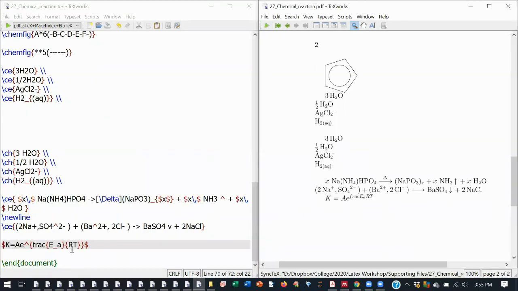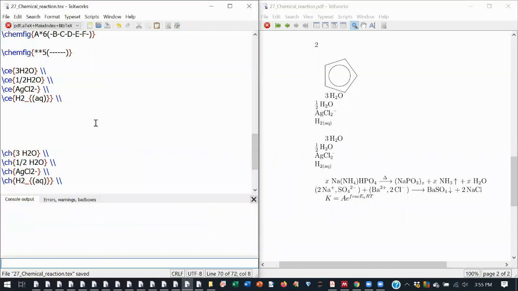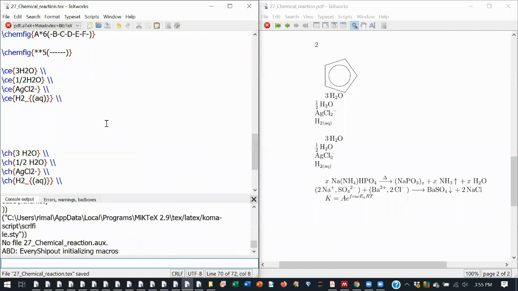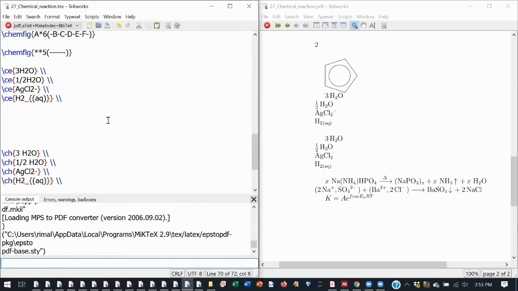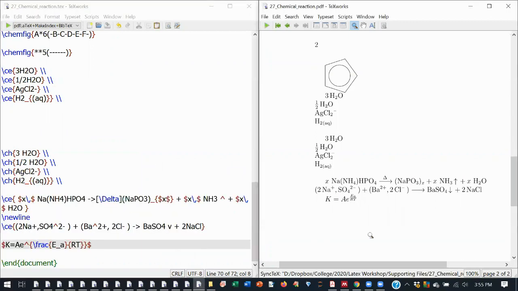See, sorry, this slash. See, this is your equation, that is A e raised to A by RT. Okay, this way you can type. I think I have answered your question.